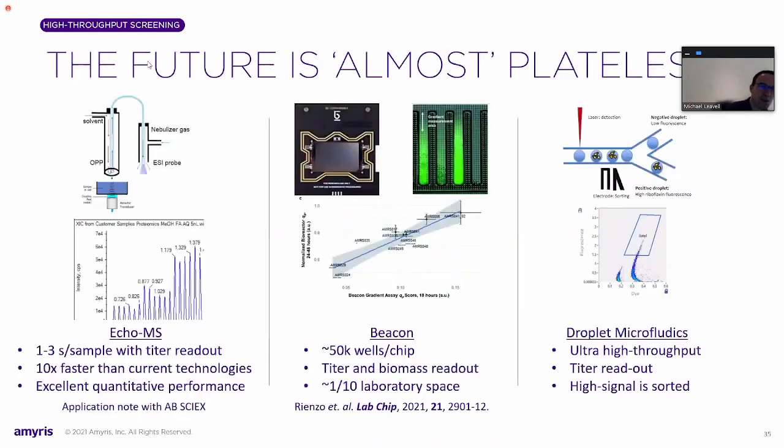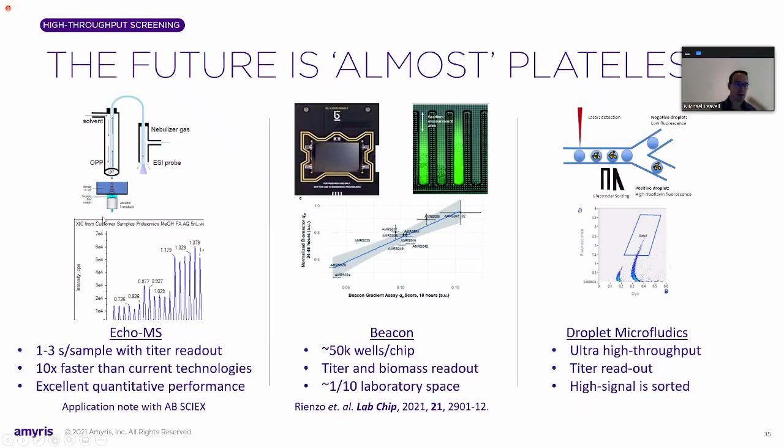The mantra that we use is the future is plateless. And today it's almost plateless, meaning that we are still screening in the lab in 96 well plates, but we see that as a major limitation because it takes up such a footprint in terms of culture space, and you also have extensive robotics to manipulate those 96 well microtiter plates. But how do we go faster and how do we remove the burden of plates? This first technology is a bridge. It will still be using 96 well plates, but it allows us to go tenfold faster than what we can